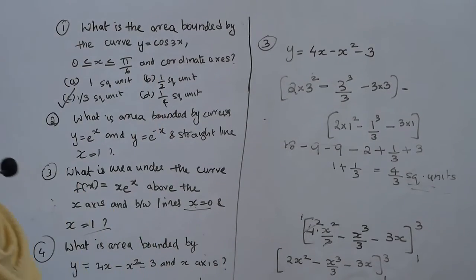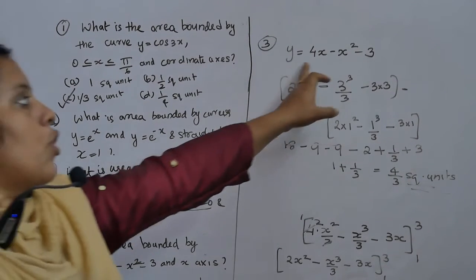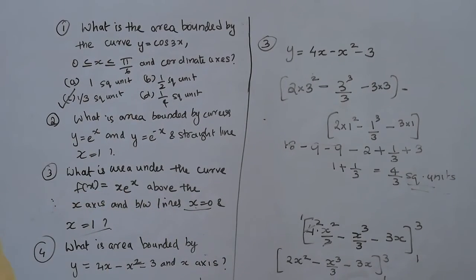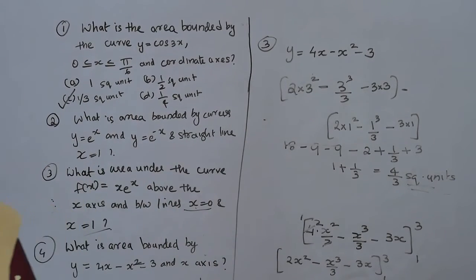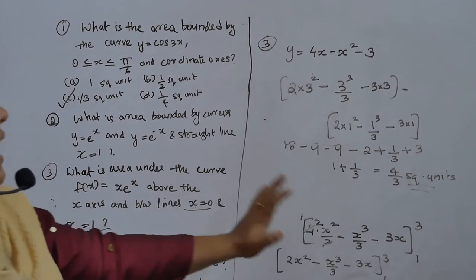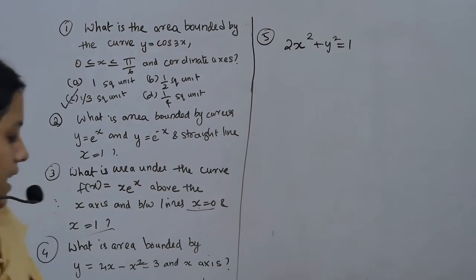Clear? So in this question, the only thing is you need to understand the limit. You need to find out the limit. Finding out the limit means we are finding the zeros of this polynomial. So I got it as 3 and 1. Now the only thing is integrating this function from 1 to 3. So I integrated, then I applied the limit. Okay, so if it's clear, let's see how to solve this question.